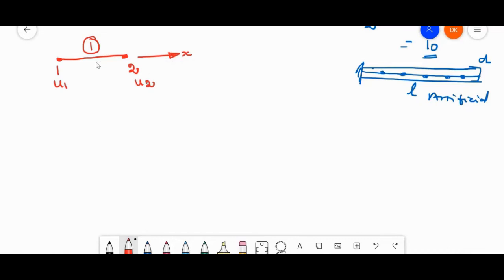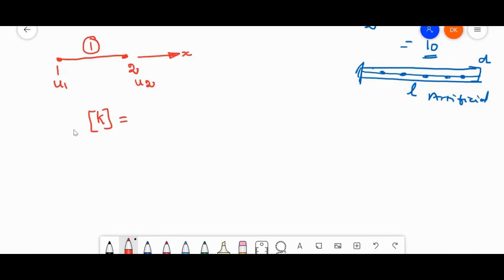So this is a two-noded bar element, which is used for the artificial discretization. We have taken the two-noded bar element. The condition is that this bar element will take only the axial load. So this is the behavior of the element. With the axial load applied, the displacement will be there only in the x direction, that is, in the axial direction. And we have already derived the stiffness matrix for this two-noded bar element.